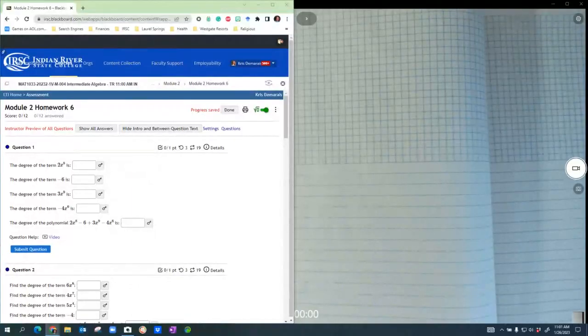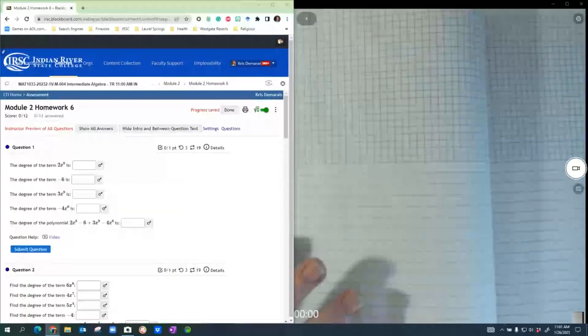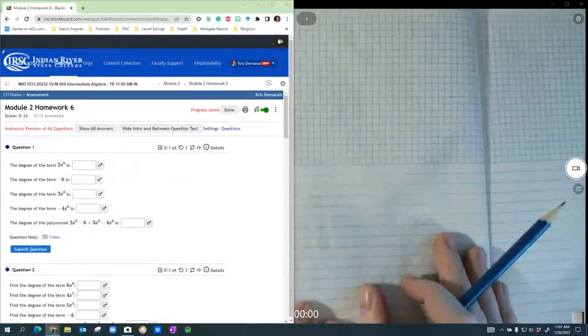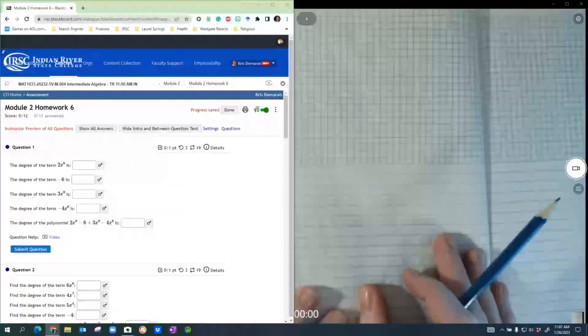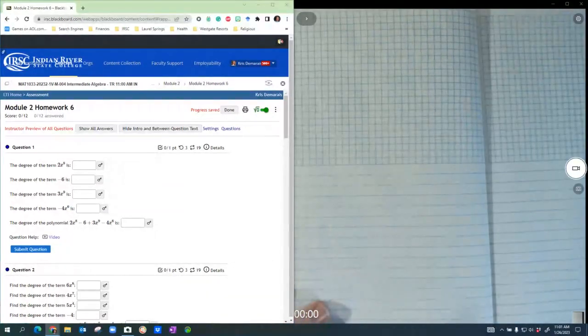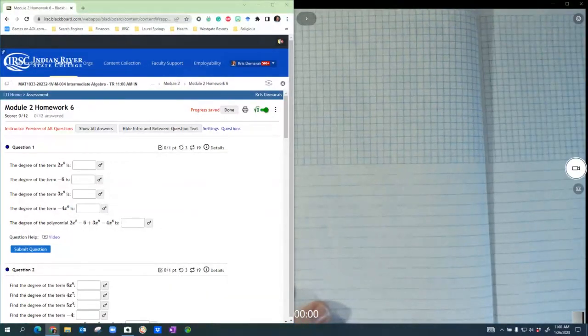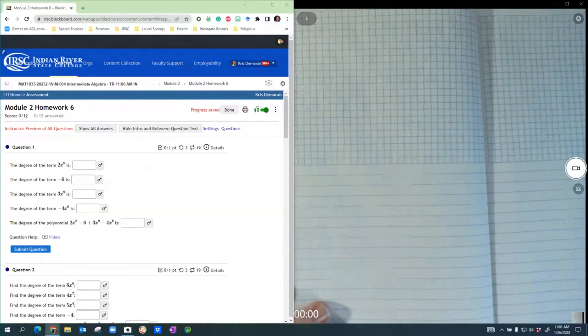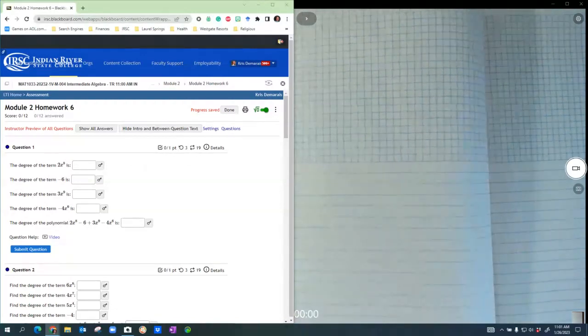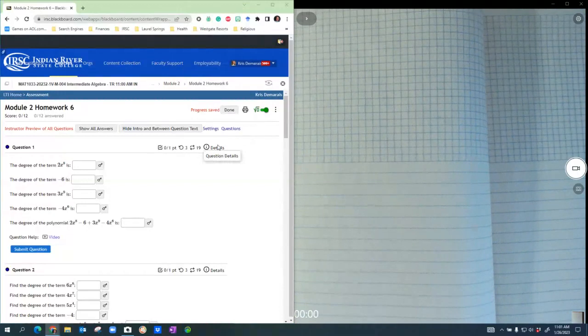All right, intermediate algebra students, we're working on module 2, homework 6, and it's about polynomials. When we're talking about polynomials, there are a couple of things we are concerned with, one being the degree power. Degree powers are not related to the coefficients, but always to the variable value, and those are the exponents